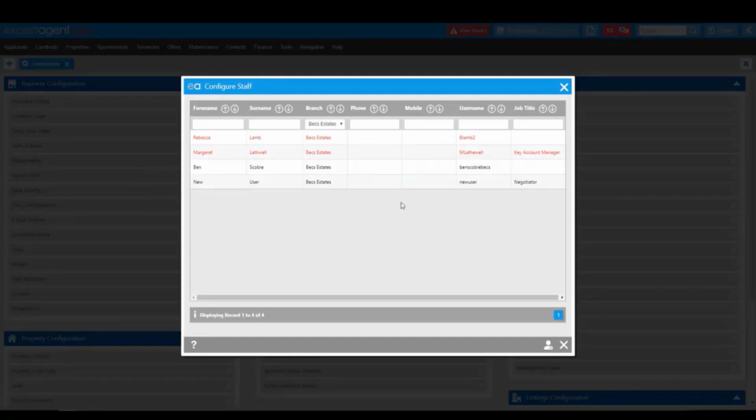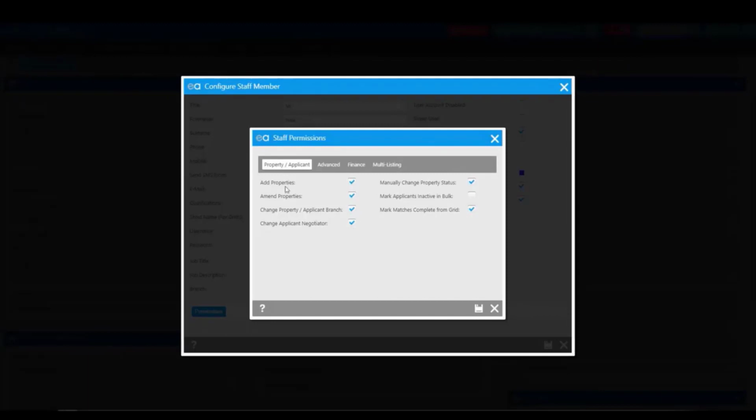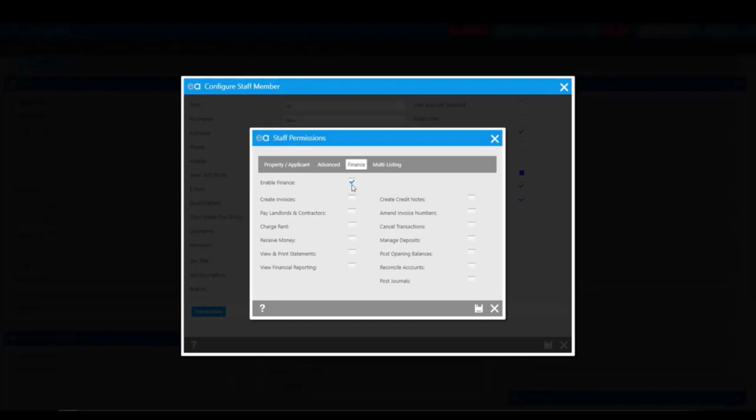If you click on Agency Staff, it will give you a list of everyone within your agency. Any super users will be listed in red and any standard users will be listed in black. You'll need to click on the name of the person that you're setting up and go to Permissions at the bottom. In the grey bar you'll click on Finance and you'll want to tick to enable finance. As you tick that tick box, additional permissions underneath will appear, so it's just a case of ticking through